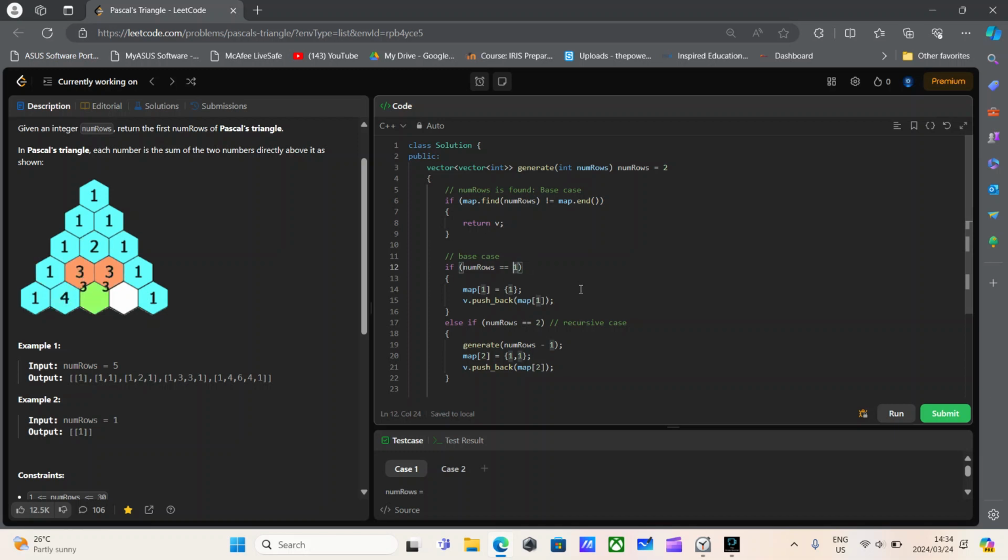Number of rows equal to 1. And as I said, at this point, we'll have a vector containing a vector containing the value of 1, which is indicating the first row in Pascal's triangle. Immediately after that happens,